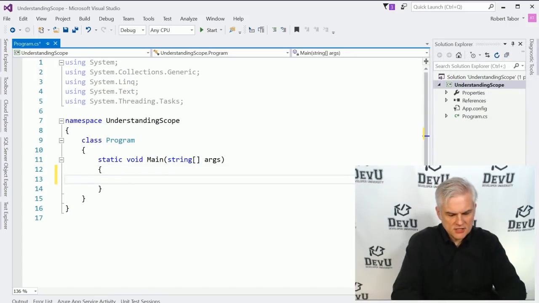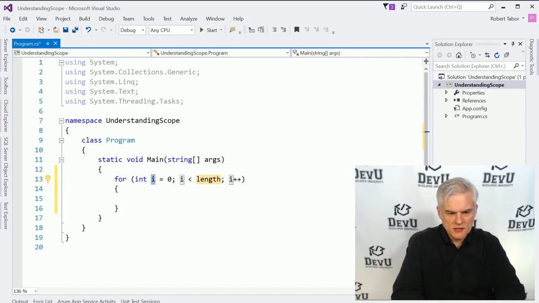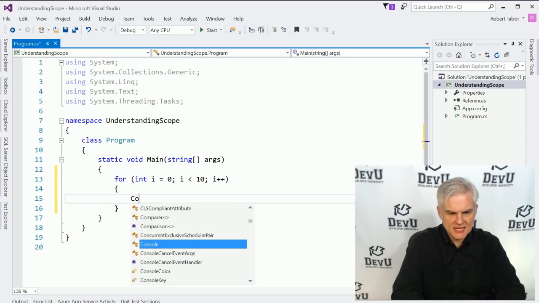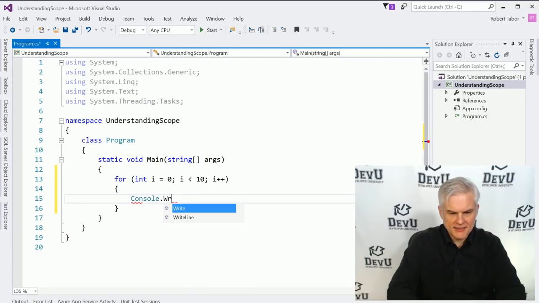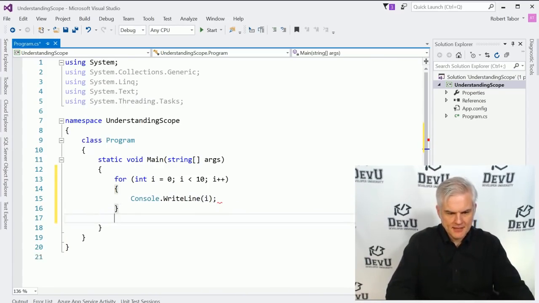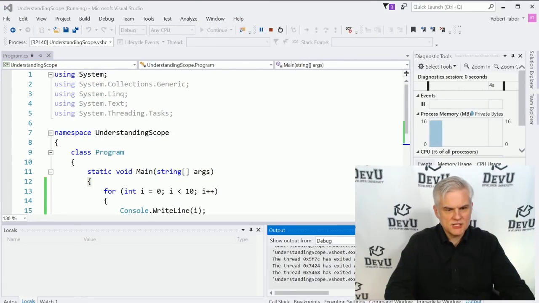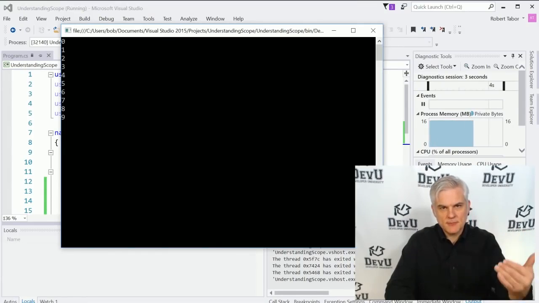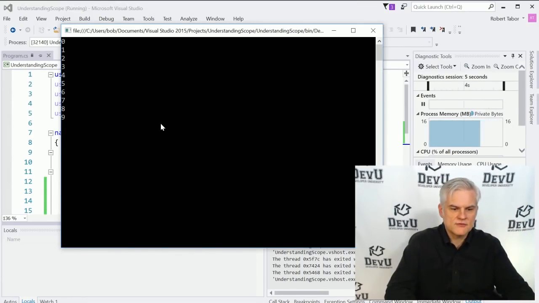All right, so let's start by creating a simple for iteration statement, and we'll just loop through 10 times, and we'll do a console.writeLine containing the value of I, and then here we'll do console.readLine so we can see our results, and we'll run the application, and as we would expect, we can see values from 0